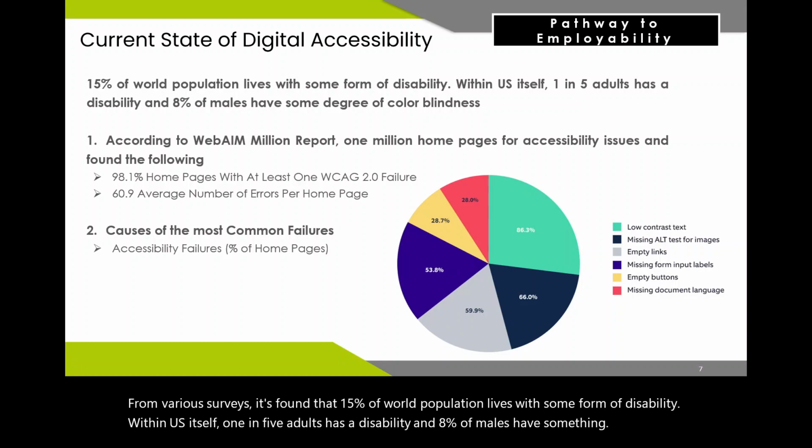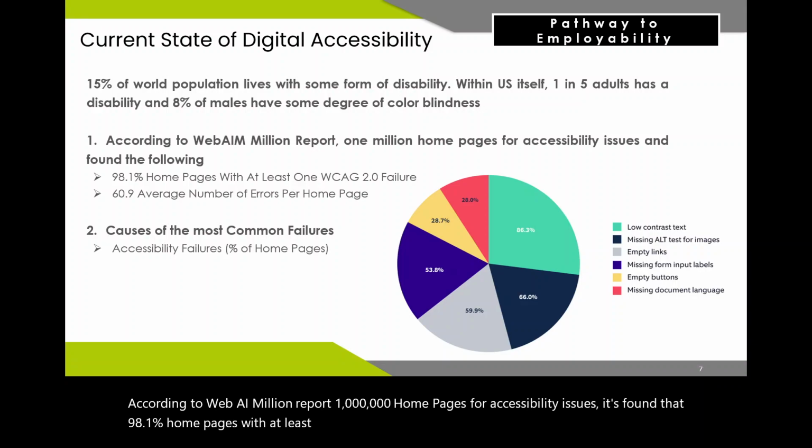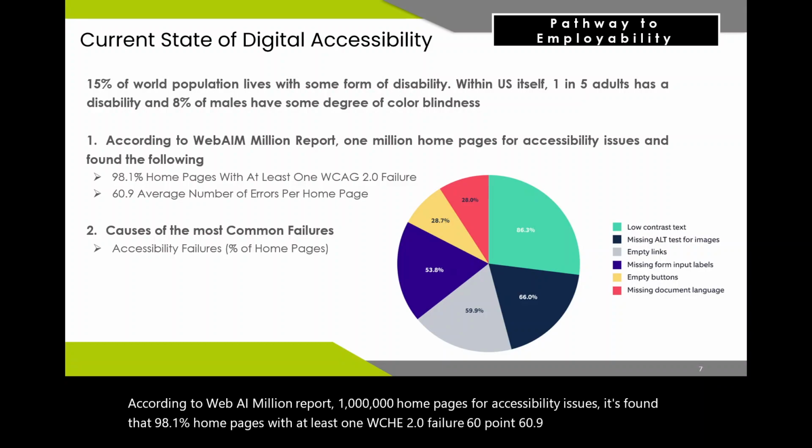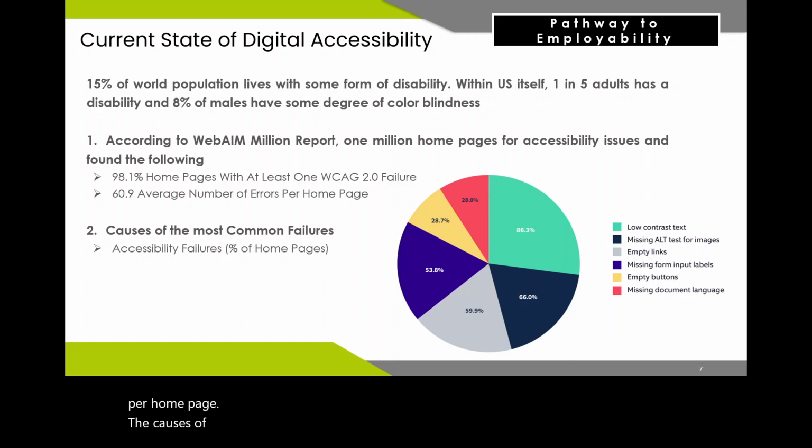According to the WebAIM Million Report, which analyzed 1 million home pages for accessibility issues, it's found that 98.1% of home pages have at least one WCAG 2.0 failure, and 60.9 is the average number of errors per home page. The causes of the most common accessibility failures, percent of home pages: